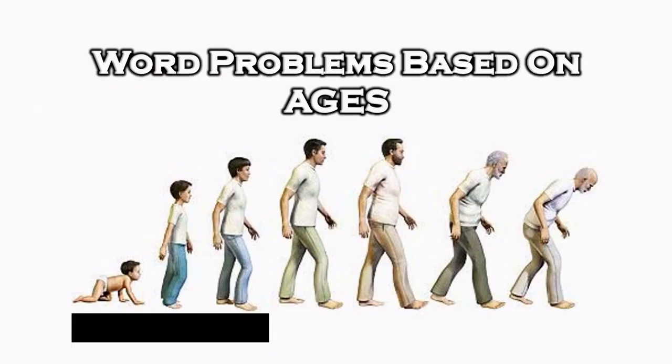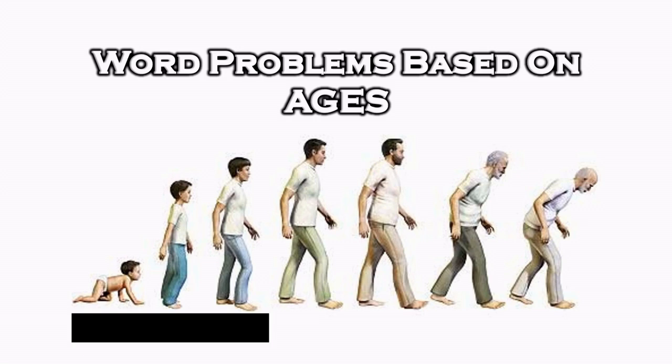Before we solve age-related questions, let us first understand what age-based word problems are. Age is something that changes with time. As years pass, a person's age increases. Because of this relationship between present age, past age, and future age, age problems can often be solved using algebra and quadratic equations. In age problems, we usually do not know the exact age of a person.